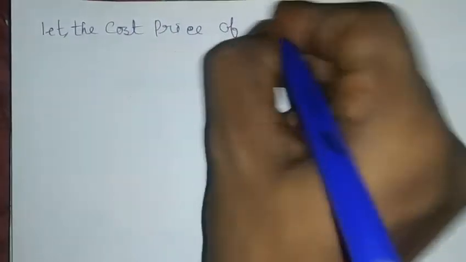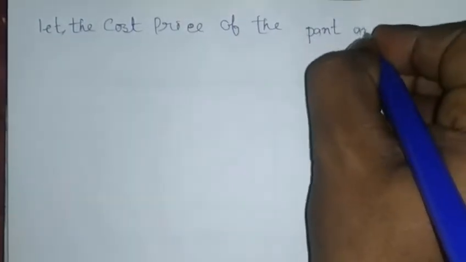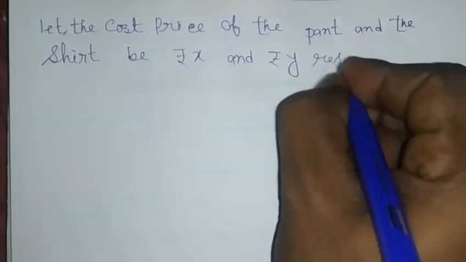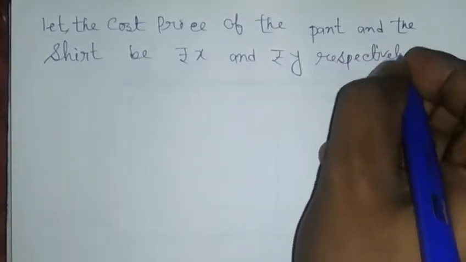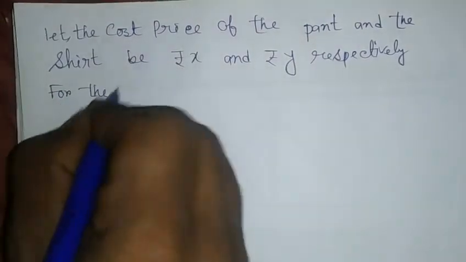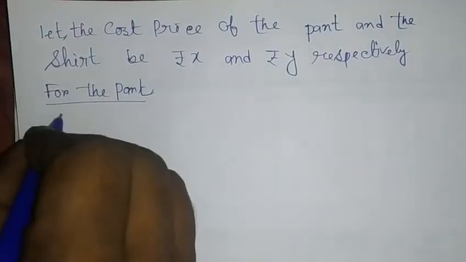Let the cost price of the pant and the shirt be rupees X and rupees Y respectively. Now there are two cases. Now for the pant, when 20% profit occurs,